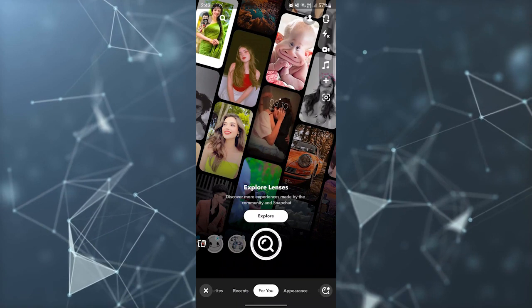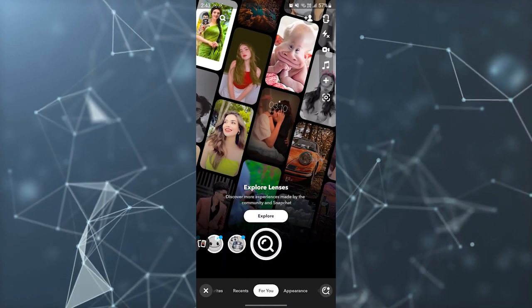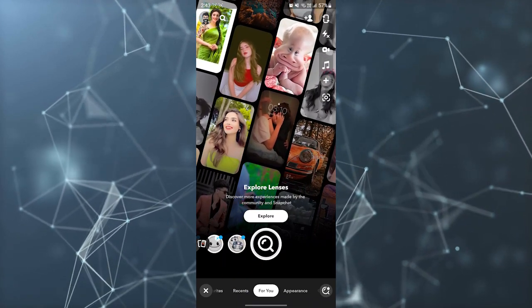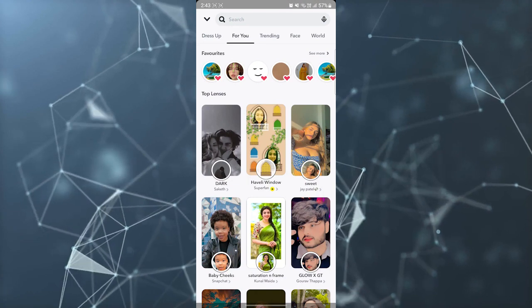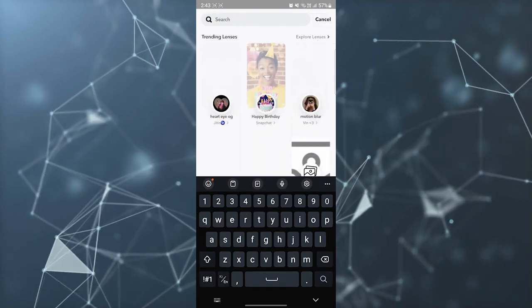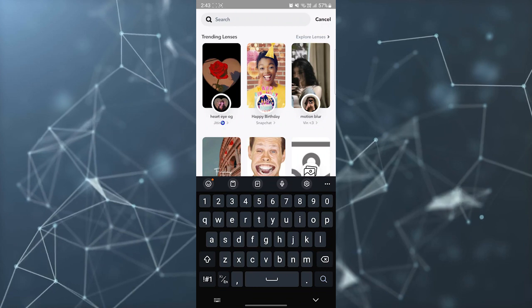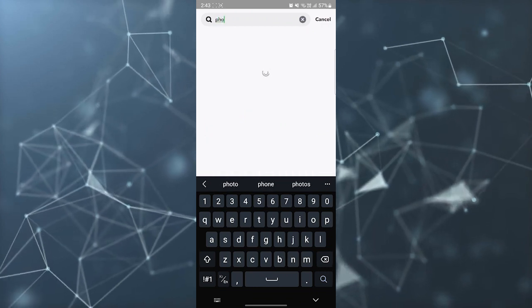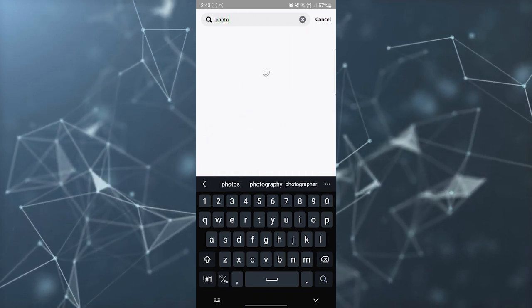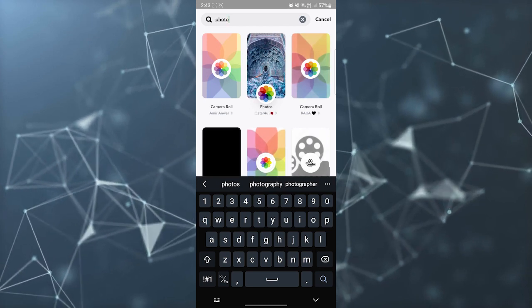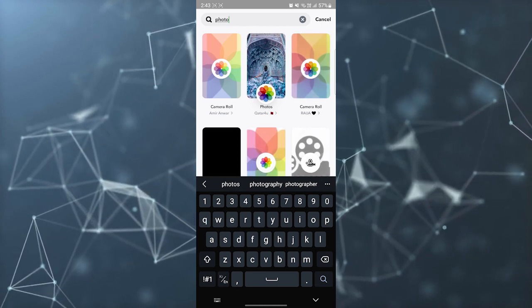lens or effects or filters, you can just scroll to end and just go to explore. After that, you can search there any filter you want to choose. For example, I need photo, so I just follow photo filter, and now I can click on that, and I can import any photo in